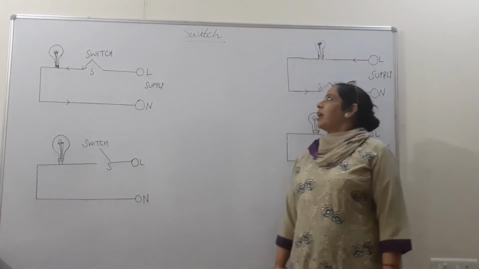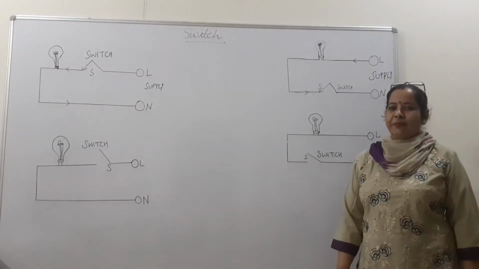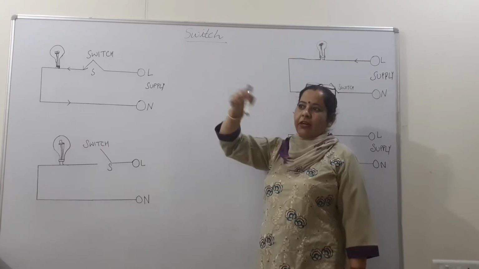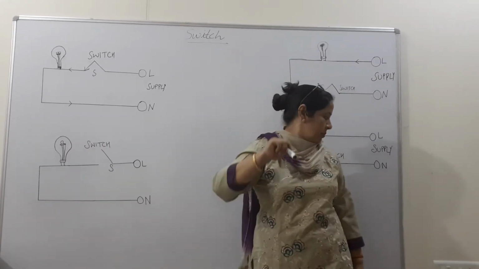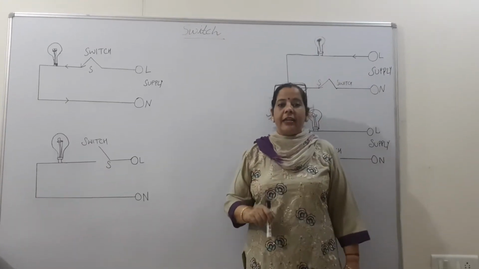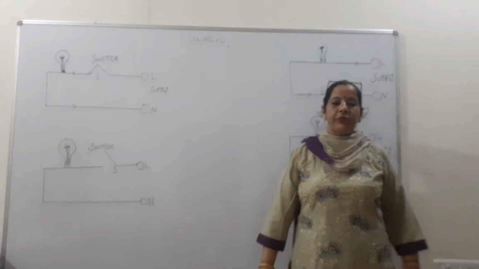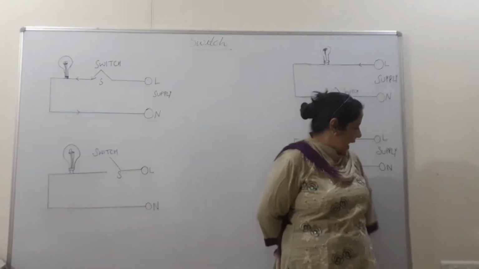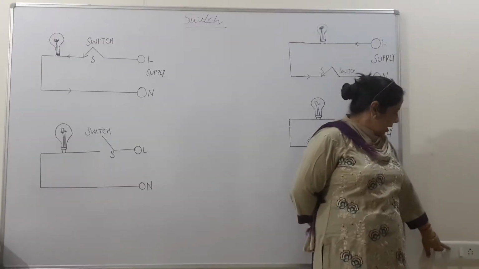And beta, today we are going to start with the switch. What is a switch? We are seeing it all around us in our room. Here switches are there, and they are of two types. First of all, a switch is used to turn the electric circuit on or off. They are of two types. Single pole switch, that you are seeing here.